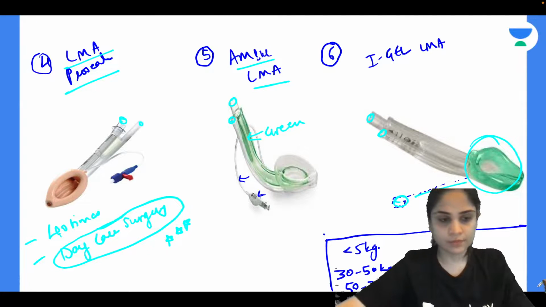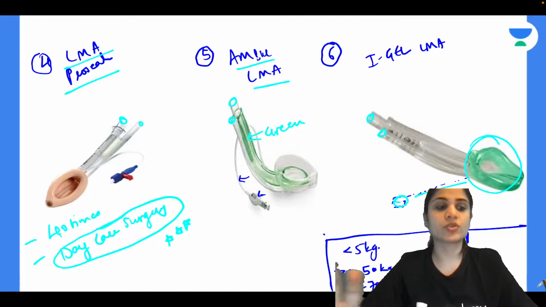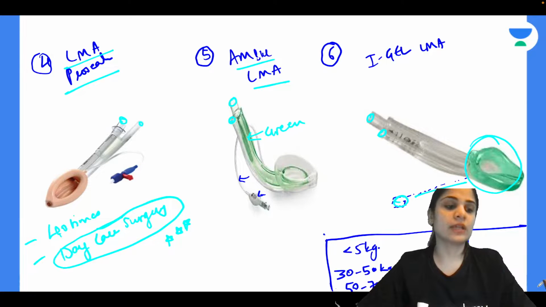So with this, we finished the Anesthesia Revision Part 1. We'll be having the Revision Part 2 at 6:15 p.m. And in that we will be revising all your different types of laryngoscopes, different types of capnographs, different types of oxygen delivery devices, all that is left. Remember, these two anesthesia revisions will cover almost 80% of anesthesia that you need to know from an exam point of view, all the important topics. So make sure that you attend these classes well and you have a good take home message from them.